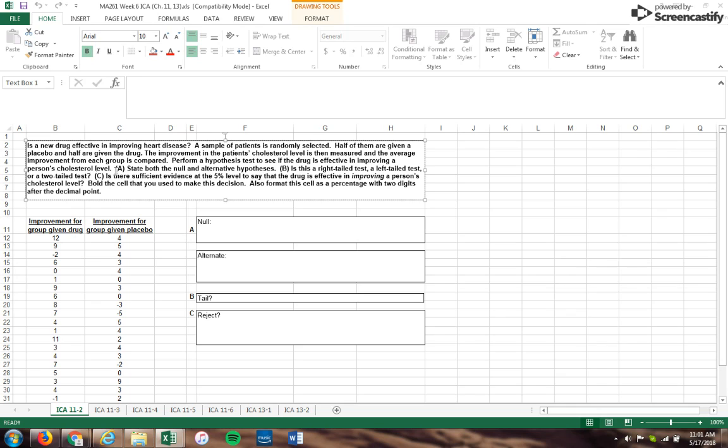So we're going to do 3 things here, A, B, and C. A, we are going to state both a null and alternative hypotheses. B, is this a right-tailed, left-tailed, or a two-tailed test? And C, is there sufficient evidence at the 5% level to say that the drug is effective in improving a person's cholesterol level? That's where I usually start with our hypothesis, with the null and alternative hypotheses, is looking at